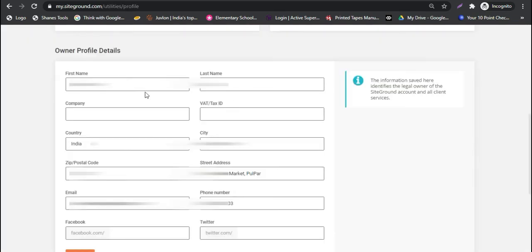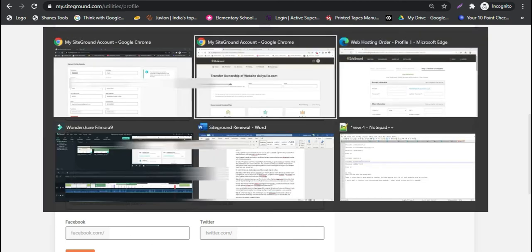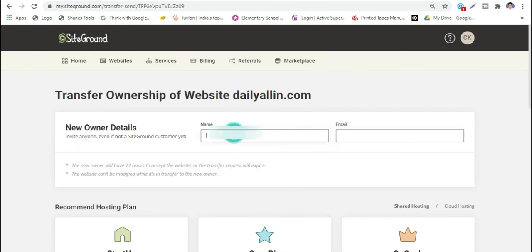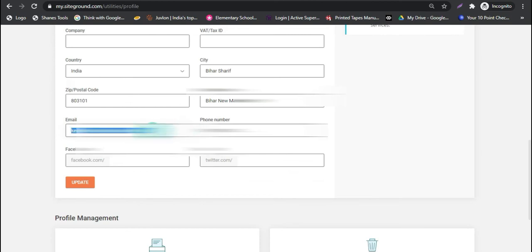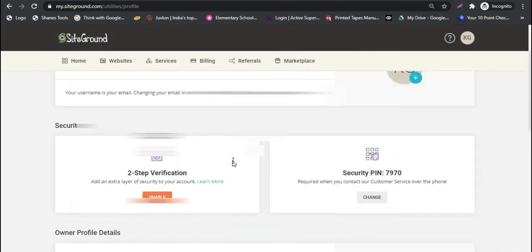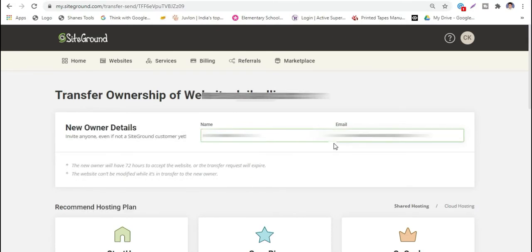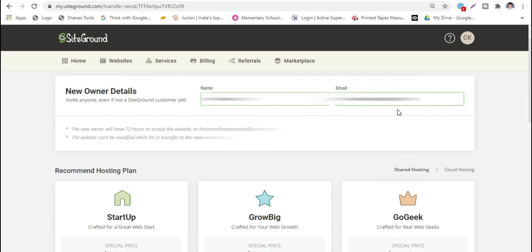The name. Here I have written the name. Now I will get the email ID as well. I have just mentioned the email ID as well.